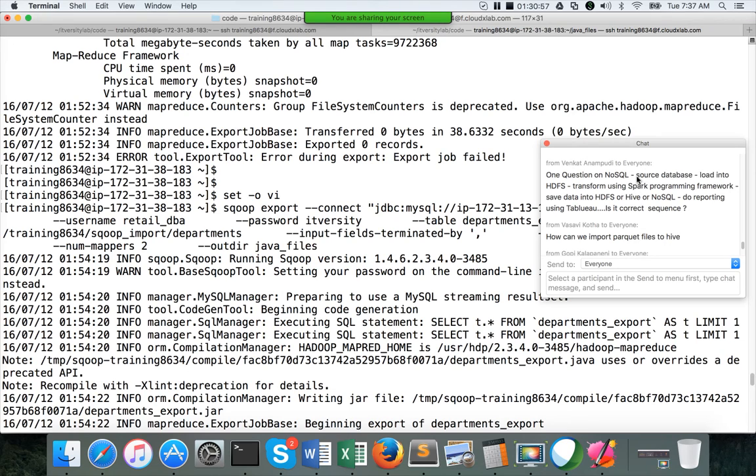So you start with the source database, load into HDFS, transform using the Spark programming framework, save data into HDFS or Hive or NoSQL, do reporting using Tableau. Is the sequence correct? That is right. You can use the Spark connector itself to get the data directly from Tableau in real time. So that's the beauty of Spark.